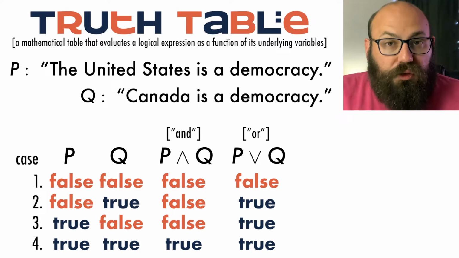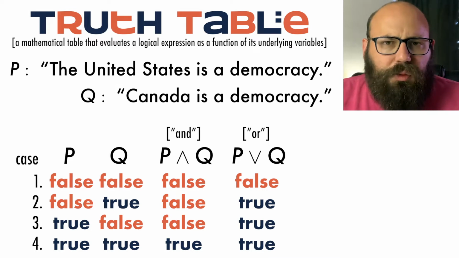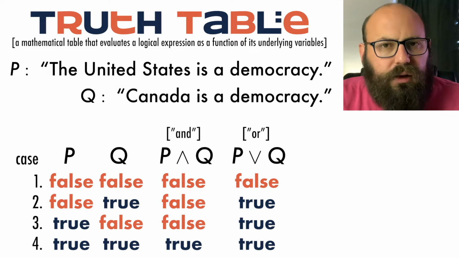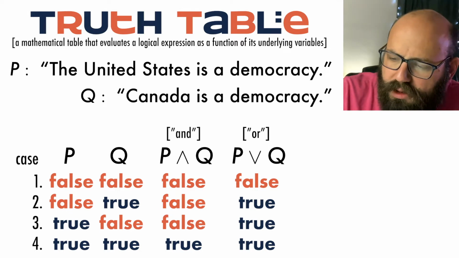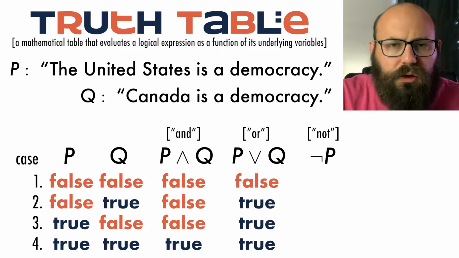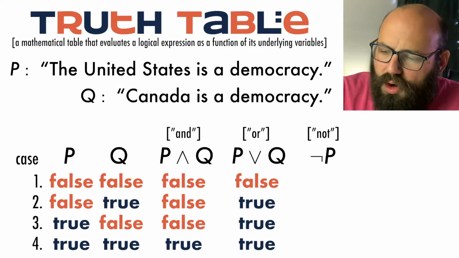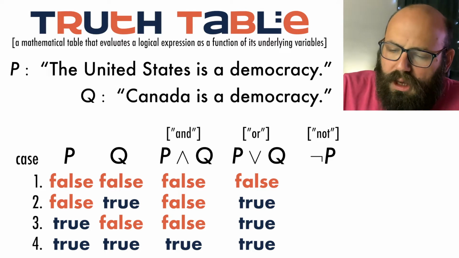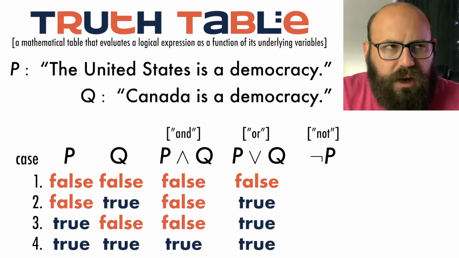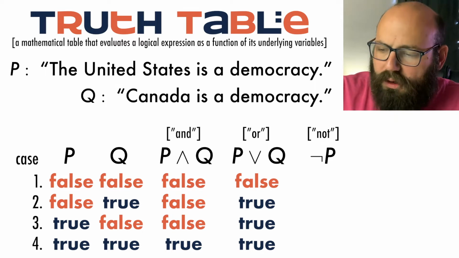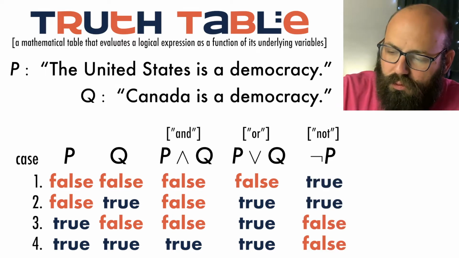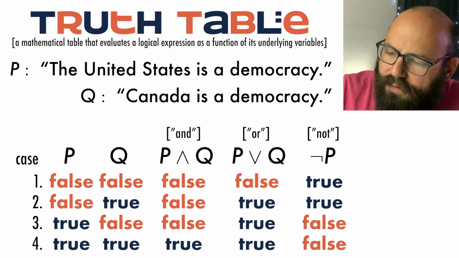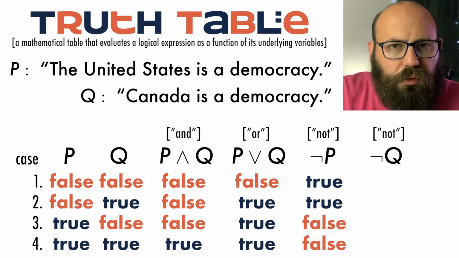There's another way to make a new statement out of an old statement. Actually, this one doesn't even require two. So one thing that happens pretty often is we want to negate a given statement. So I'm going to use this symbol to mean not P. So not P, opposite of P, okay? Where if P is false, give me a true, and if P is true, give me a false. So just going top to bottom here, we go true, true, false, false. Pretty easy.